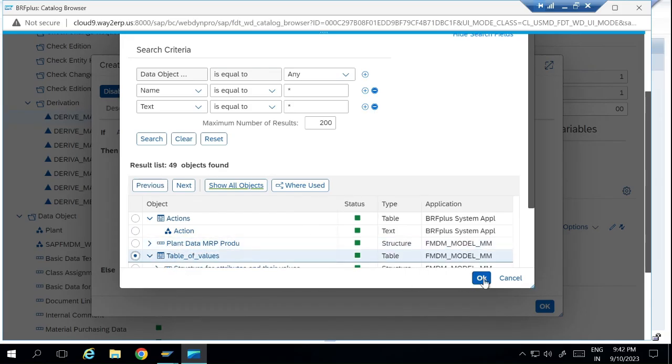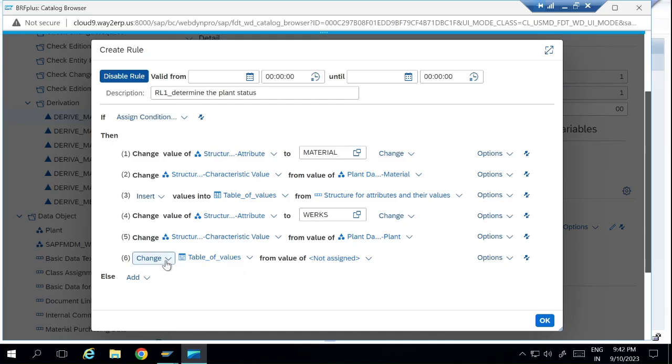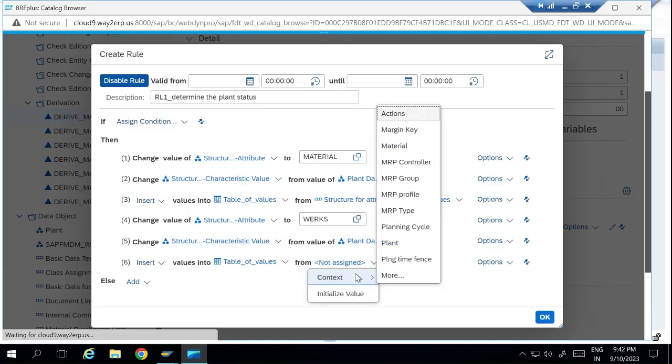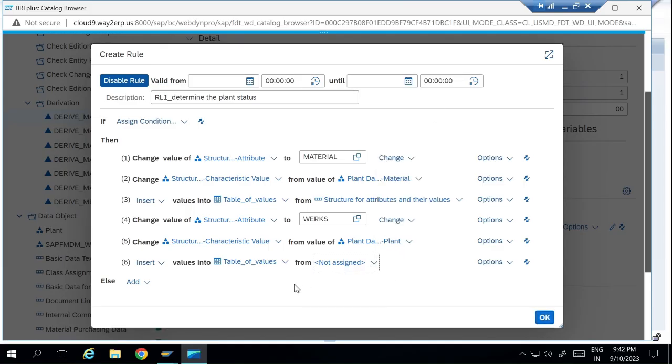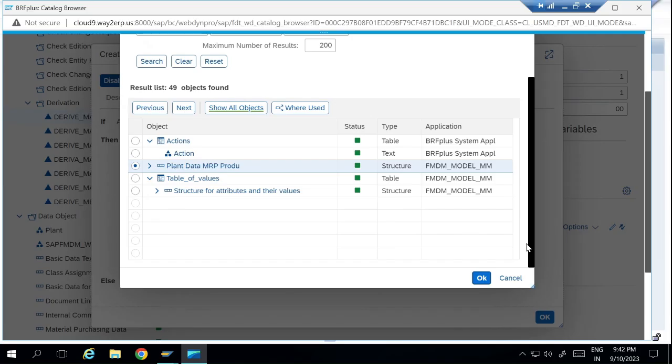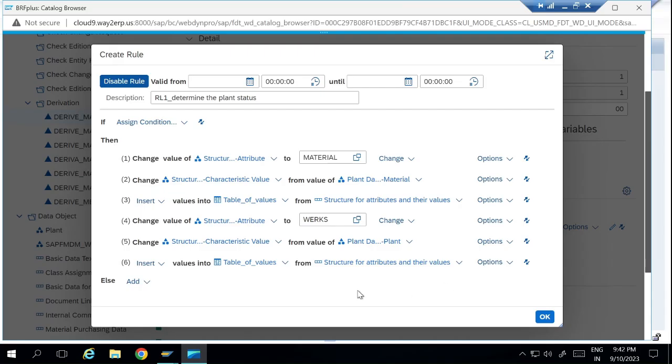So we select the variable table of values, change to insert, and then select the name of the structure. So we will select the structure. So this statement gets completed. So the two values, the structure has two values, one is the attribute and the other one is the value. So we have selected the plant, and then we have selected